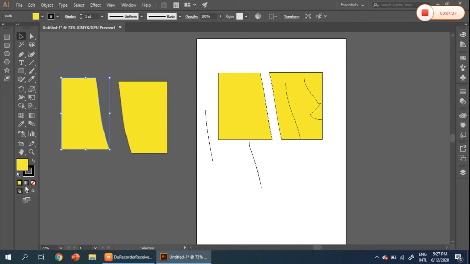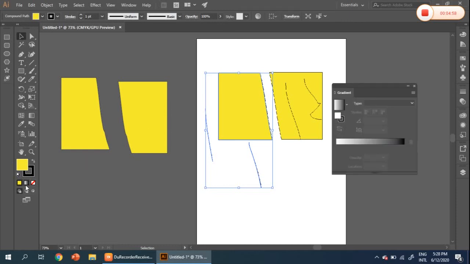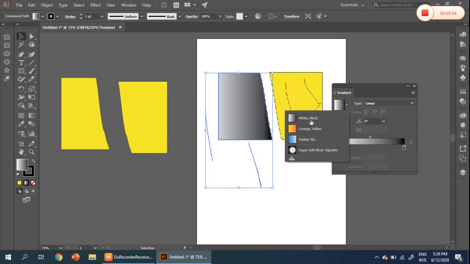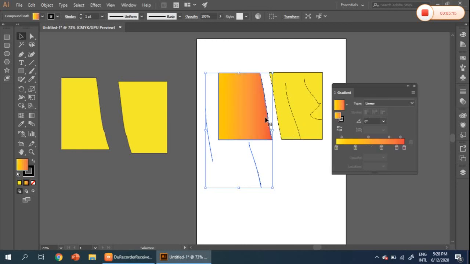A gradient is kind of like shading, but in Illustrator, in digital, on the computer, not on paper. So you can say multicolors, maybe. So let me just select, because you need to select it to do anything. So now you can see it change. Now it doesn't necessarily have to be this color. It can be orange, fading sky, or whatever it is. I wanted orange yellow. So now you can see